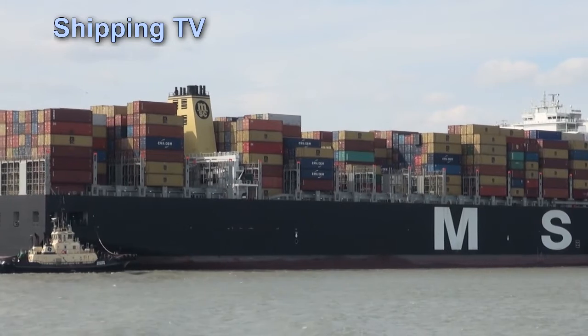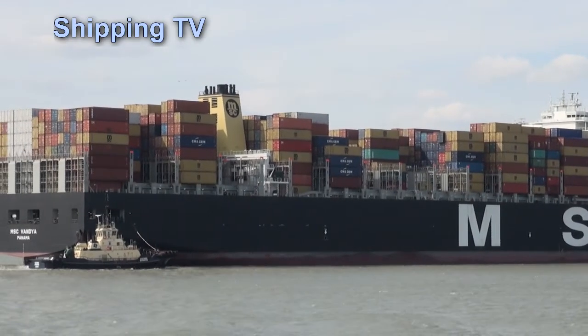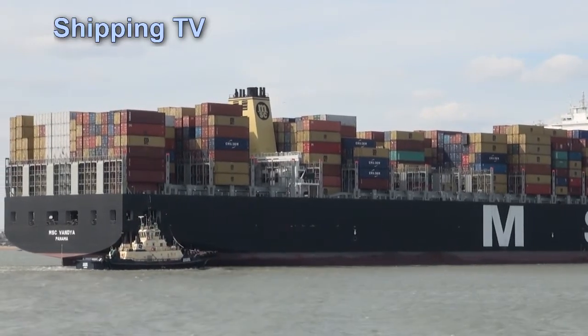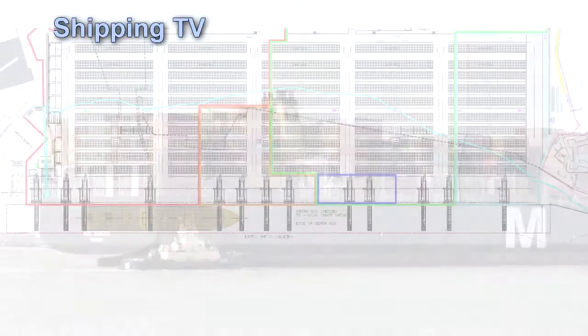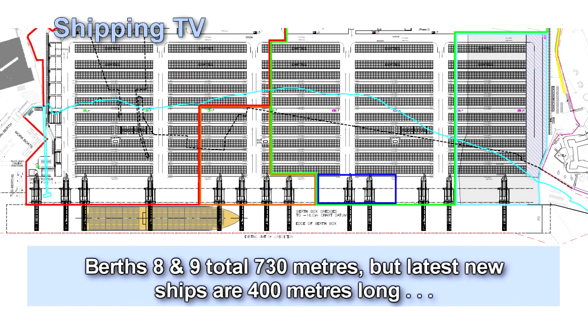Time for an update on the Port of Felixstowe and on the state of the port industry in general. Going back over 10 years to when the port's new berths 8 and 9 were first planned, they were intended to accommodate two of the world's largest container ships. But in fact, the two berths are only able to take one, because ships have grown far more quickly than